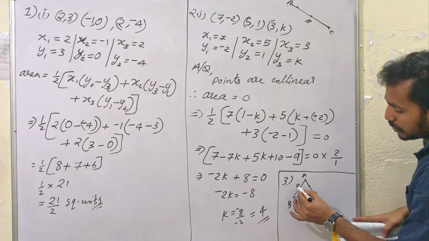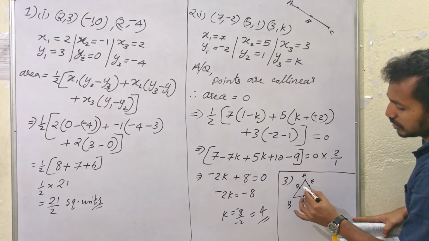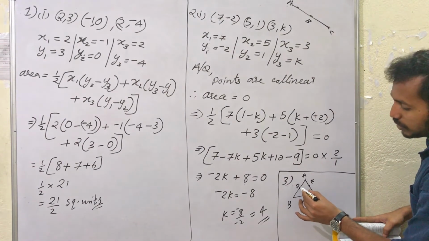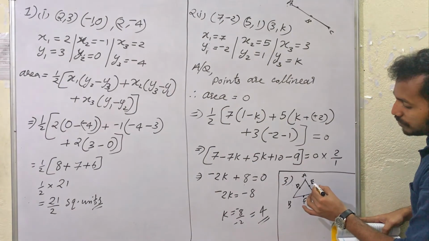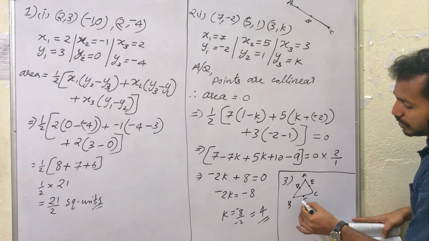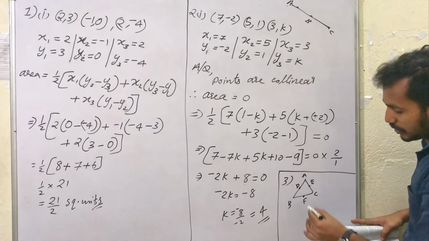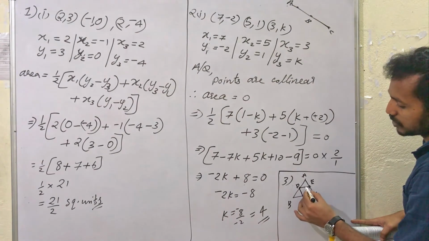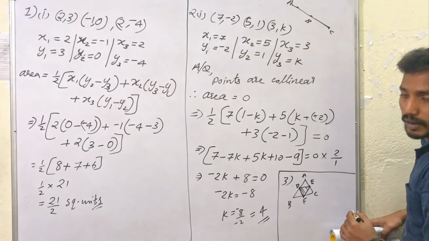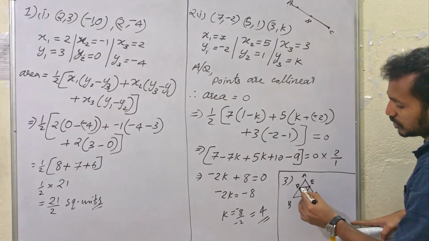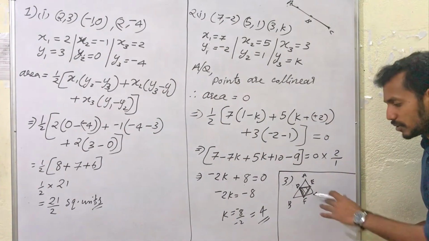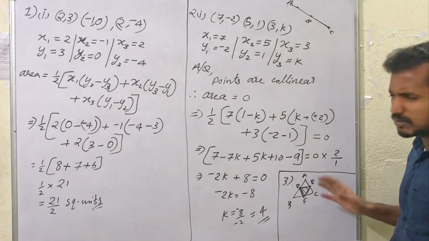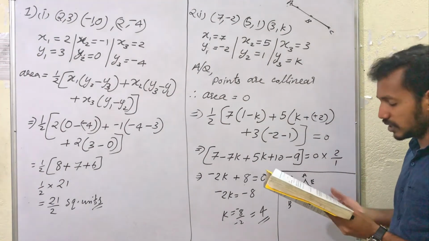Suppose this is DEF, then just find the midpoints, which will be the coordinates of D. Here the midpoint of AC will be E. Here the coordinates of F will be the midpoint of BC. Then you can find the area of this triangle. Then you can find the ratio of the area of this triangle to the area of the whole triangle, by using the normal formula. So this is all about a simple concept we already know.